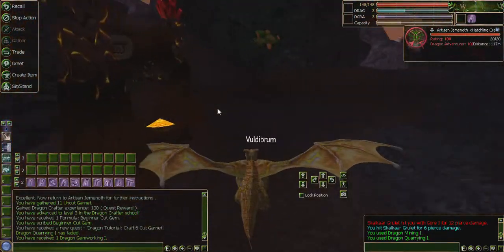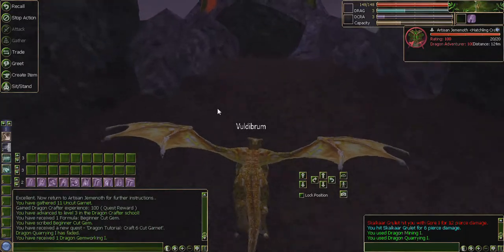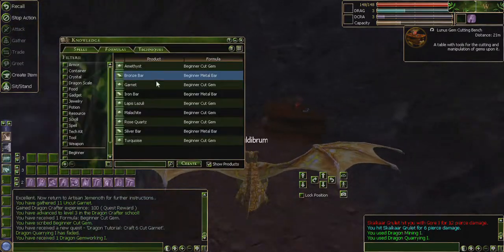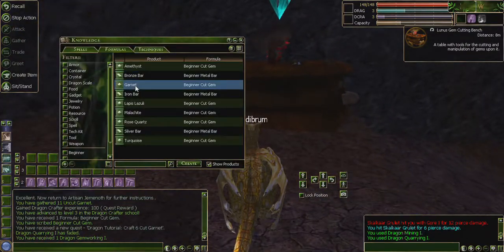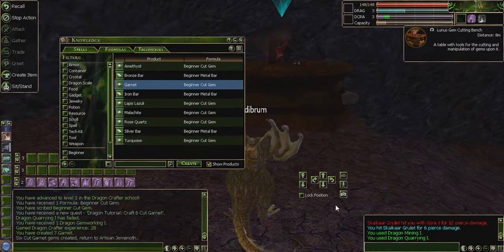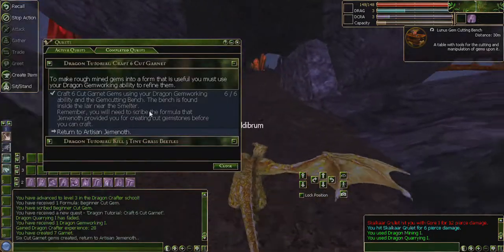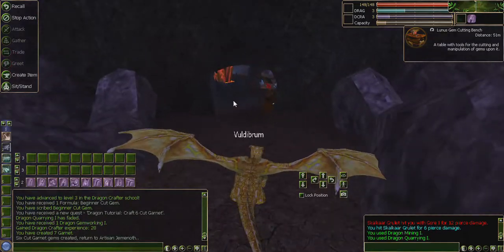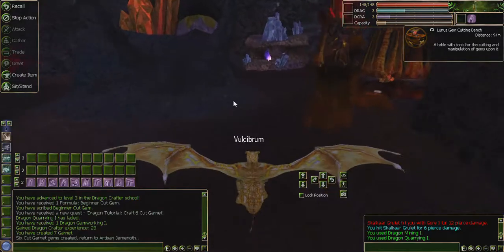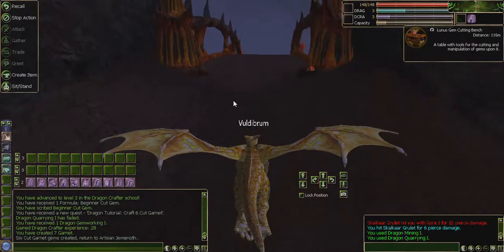And I think, yeah, so on the very first branch to the left will be the gem cutter, which is what you're going to need to make garnet. So you go up to that, click create item, go to the garnet formula, fill the bar all the way, and it automatically does it. Since you have the gem cutter tool already on you from gathering, it should be...